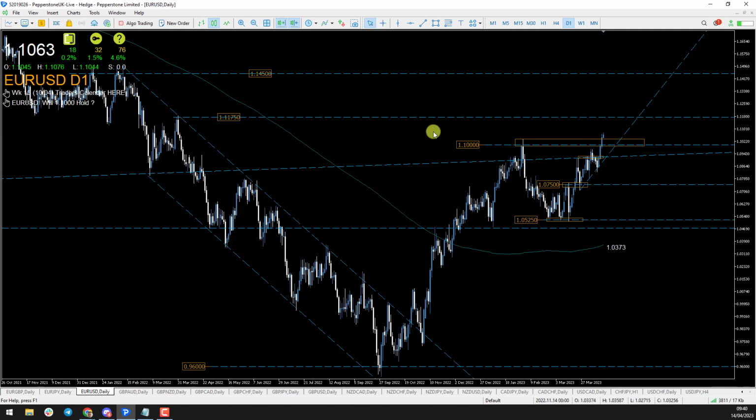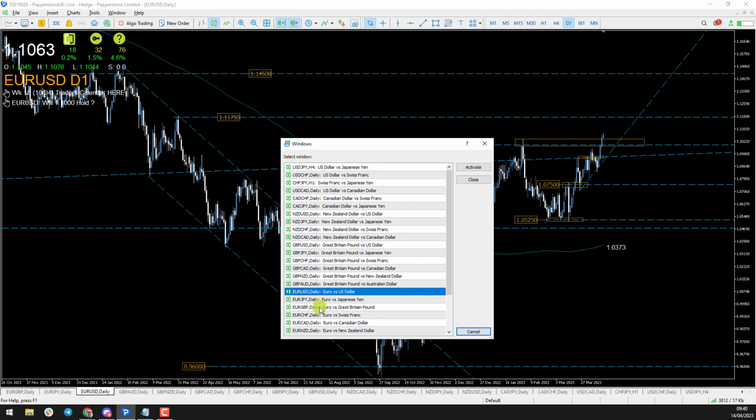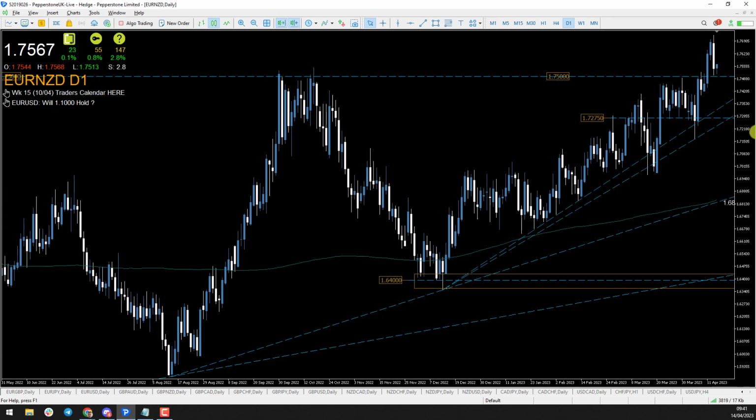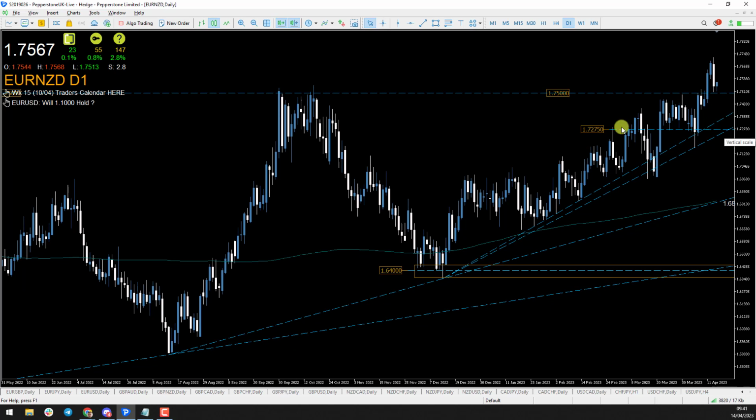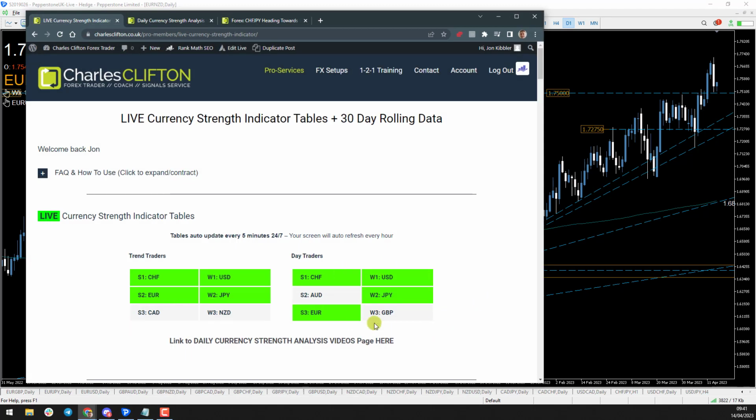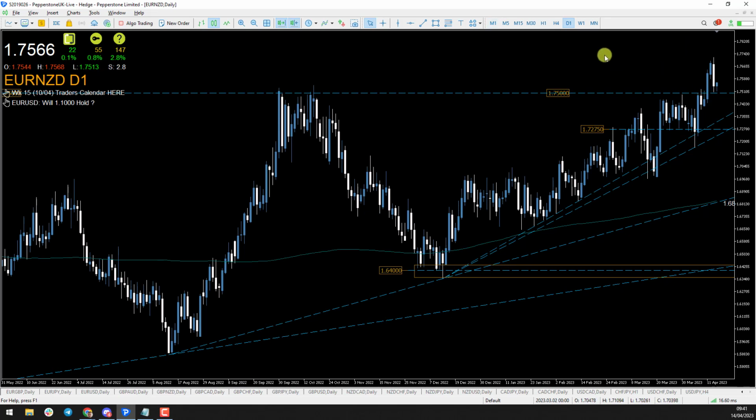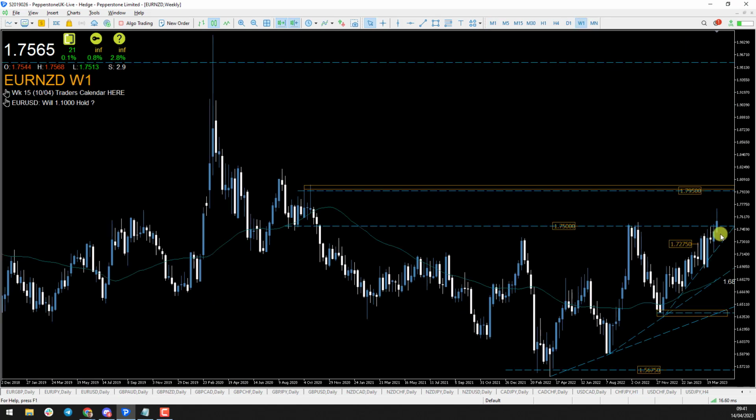Another currency pair we looked at going into this week was euro kiwi. Now, kiwi was very weak on the tables this week, so I like the opportunity of euro kiwi, and euro kiwi is actually potentially in our setup area now. If I bring in the tables again, we'll see that the kiwi doesn't appear on our day traders, which is unfortunate, because if it had been on our day traders here, I would have been more inclined to look for a potential position here today, because what we discussed was the fact that we were breaking this 1.75 area,